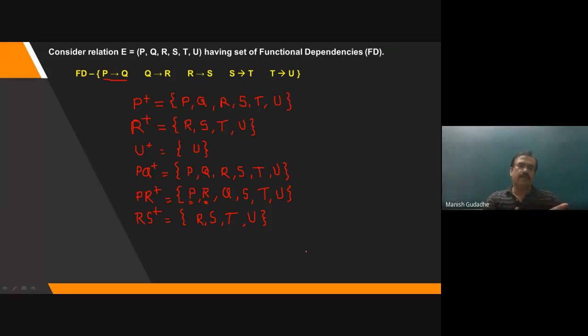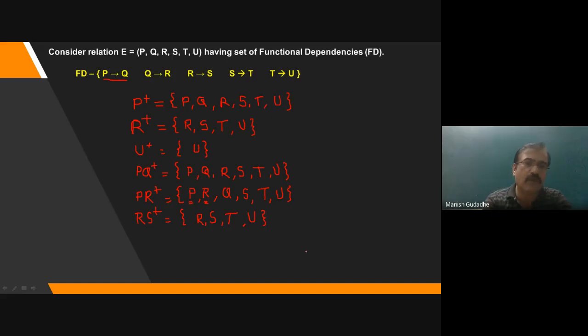Like if I am saying that P is able to determine all the attributes, anything connected with P will be able to determine all the attributes. It may be PQ, PR, PS, PT, PU. Anything you take, and it will be able to determine everything. Okay, so this way we can list out many attribute sets which will be able to do our job.